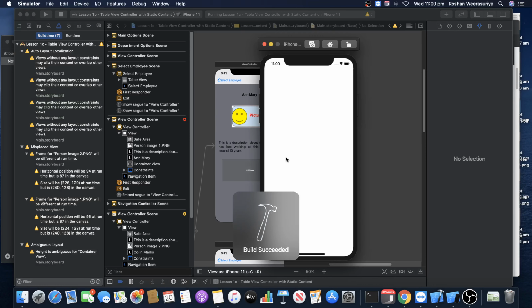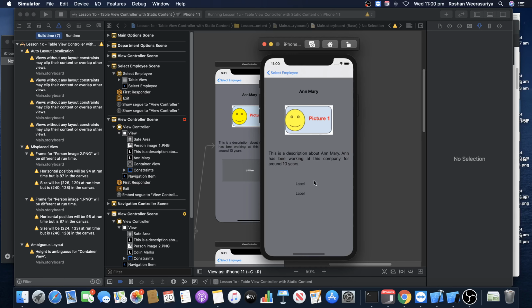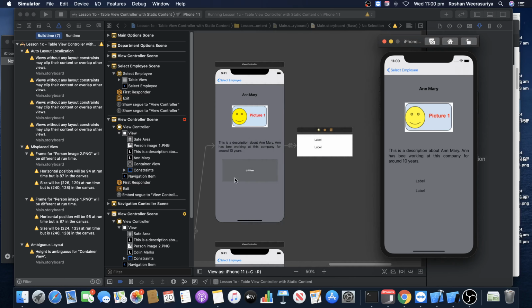Build succeeded. So if I go forward and click about this, you see what's happening: because it's a container view, look at my mouse, whatever you put in it, whatever view controller is embedded in the container view, will be displayed here. That's what happened. So now what I want to do is, I don't want this